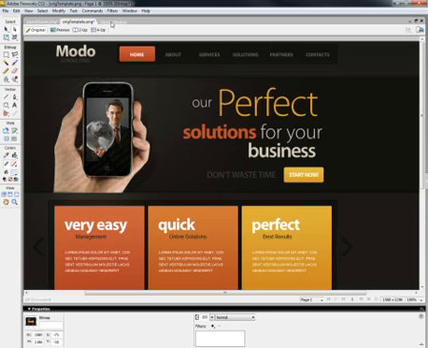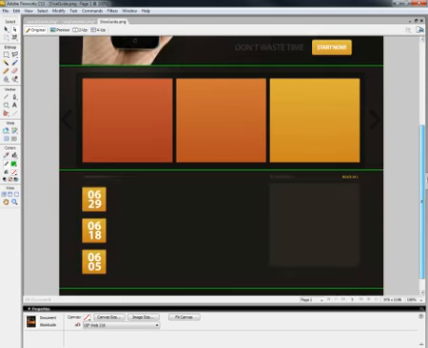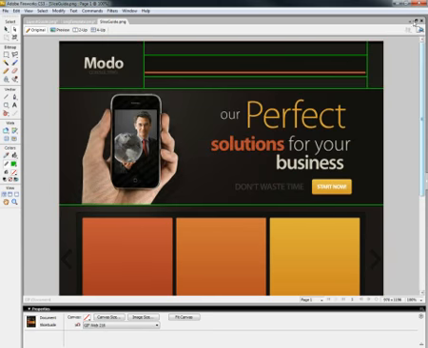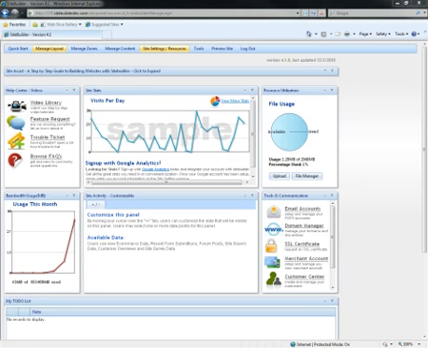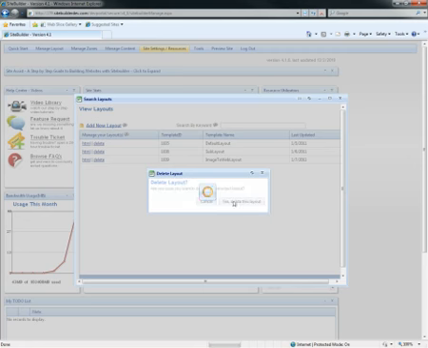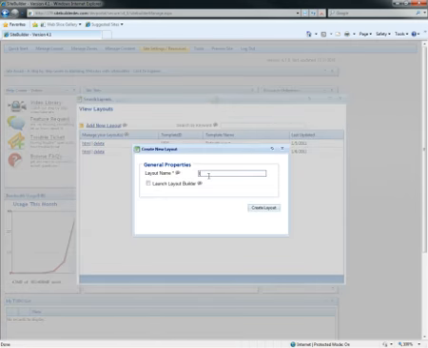So what I did is I've created a new template. I've removed all the text. And I've even drawn some lines on here just so I know where I'm going to cut this template up. So the first thing that I need to do to get started, inside of Site Builder here, is go to Manage Layouts. And then I'm going to go ahead and create, let me delete this one real quick, a new layout, and we'll call this Image to Web